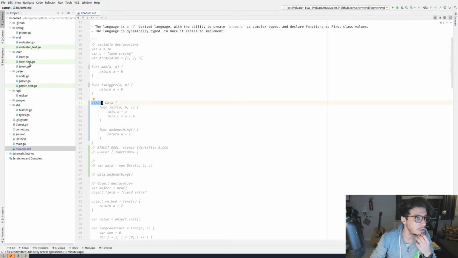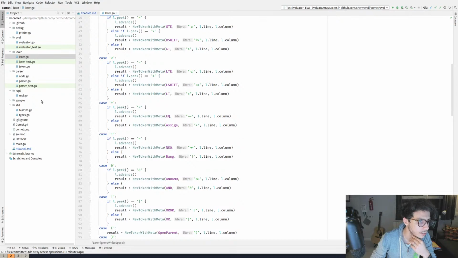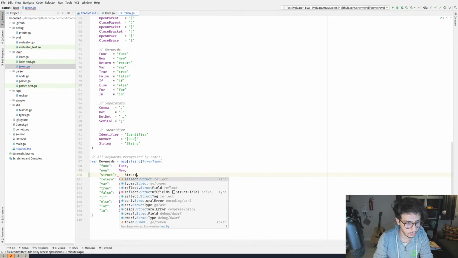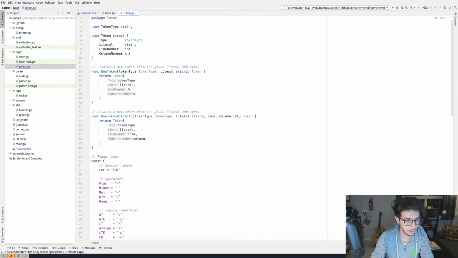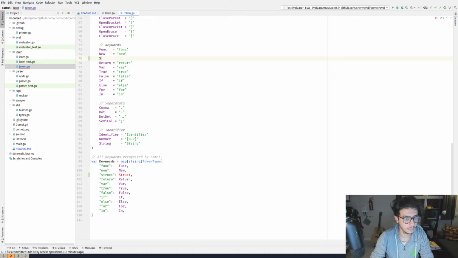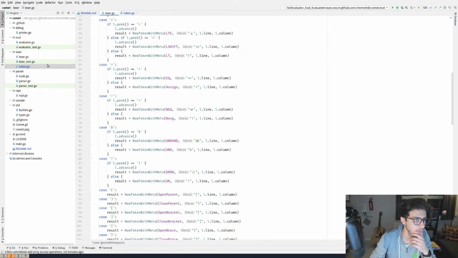Right. So let's go back to the Lexer. I have keywords, right? I don't think it's going to take too long to actually add them. Keywords are easy. We have new already. That's nice. I have struct. All right. Nice. I guess this should add them. All I need to do is add a couple of tests.